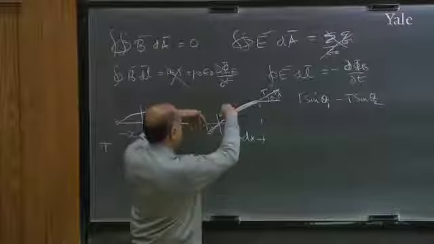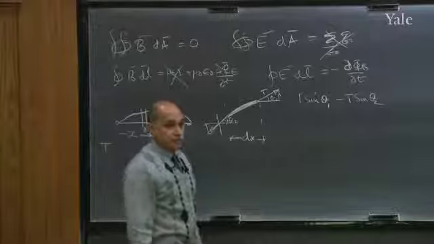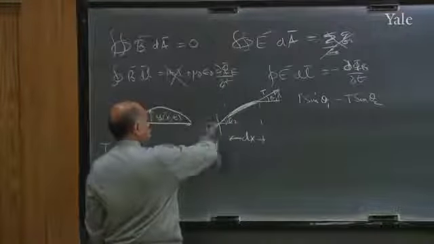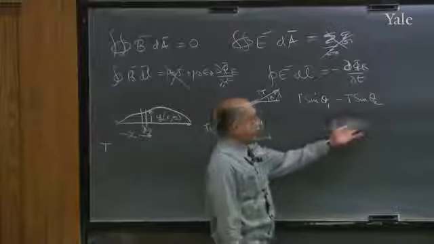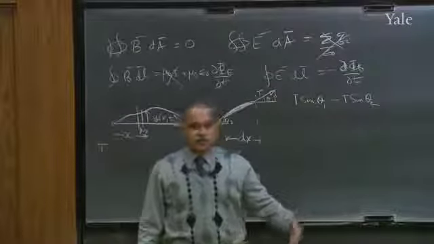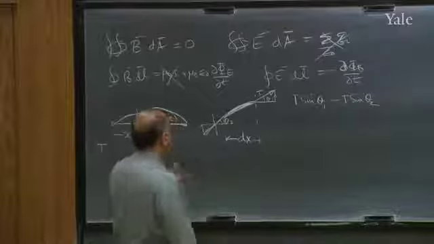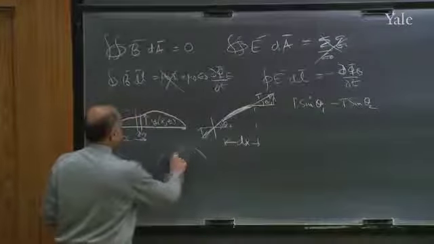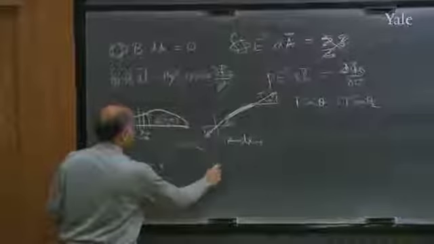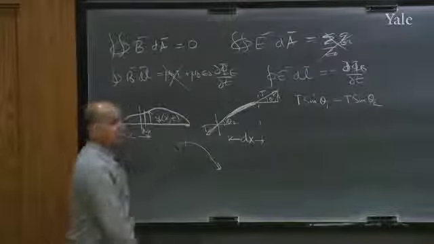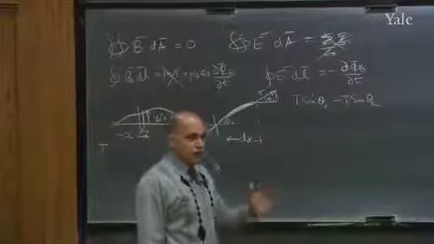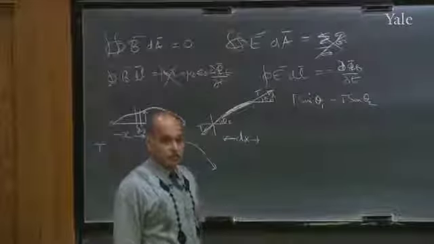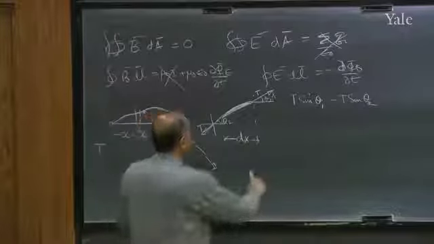Restoring the string to where it was is what I'm focused on. So you resolve that force into a vertical part up, and this one has a vertical part down. Now, if theta 1 is equal to theta 2, they cancel, and that's what I just said. But theta 1 and theta 2 generally are not equal, because if I go to the top of the string, for example, this end is pulling this way, that end is pulling that way, there's a net force down. So you have a net force because this angle, or the tangent to the string, is changing with position. That's why they don't cancel.